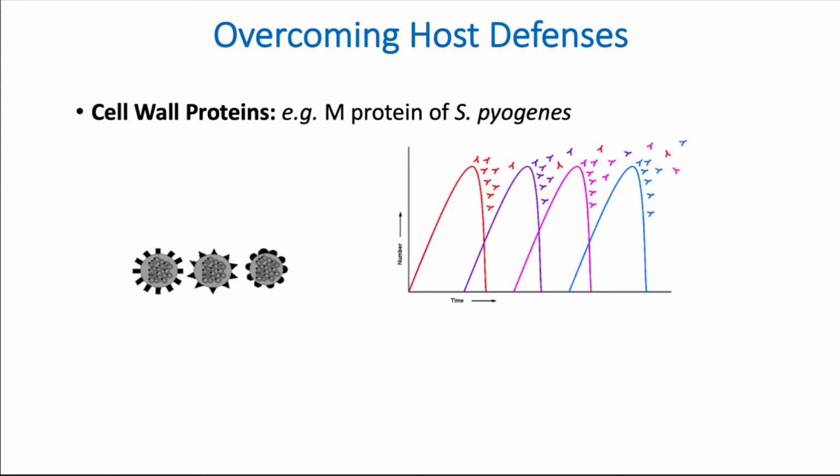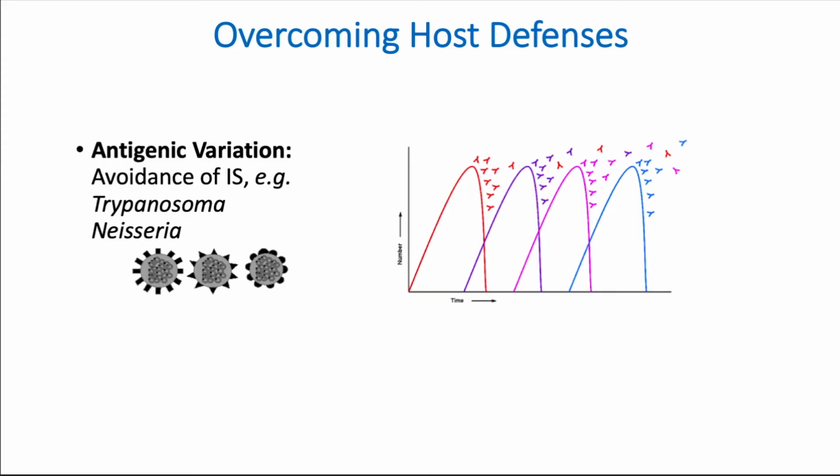Some may have cell wall proteins, such as M protein in Strep pyogenes, which will also help it to evade phagocytosis. Others will exhibit what we call antigenic variation. Antigenic variation helps these microorganisms to avoid the immune system. Organisms in the genus Trypanosoma and Neisseria exhibit this particular characteristic. And all that it means is that the pathogen is able to change the proteins or carbohydrates or combinations of proteins and carbohydrates on its surface,